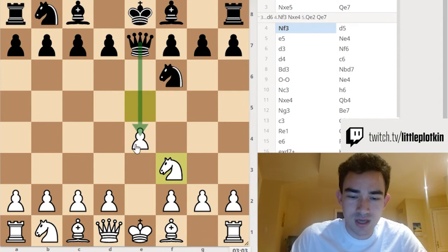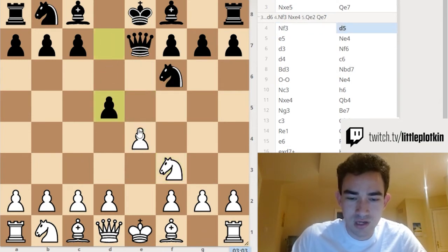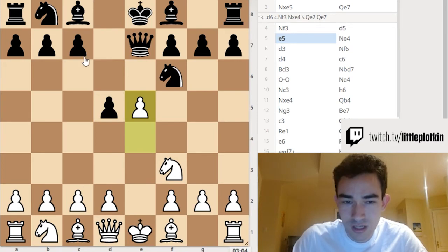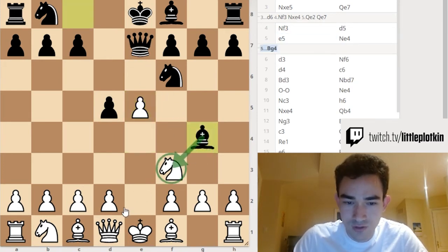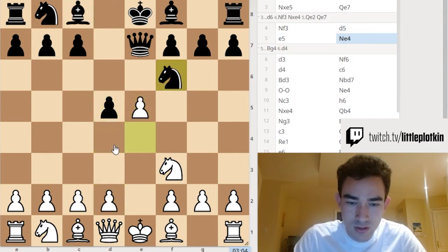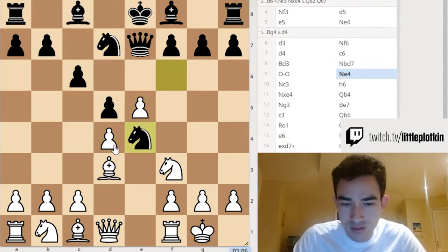I anticipated him taking the pawn somehow, but he doesn't even take it. He tries to take advantage of the pin, but I can just simply move my pawn forward. Had he tried to go here to remove the defender, I would have just defended the pawn like I did in the game with d4. Okay, knight e4, and I believe that...